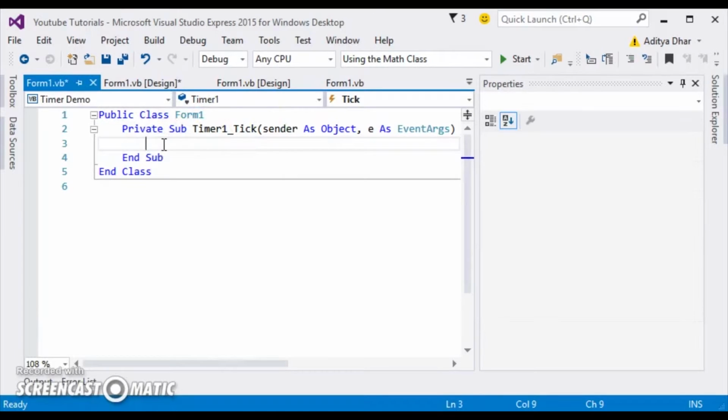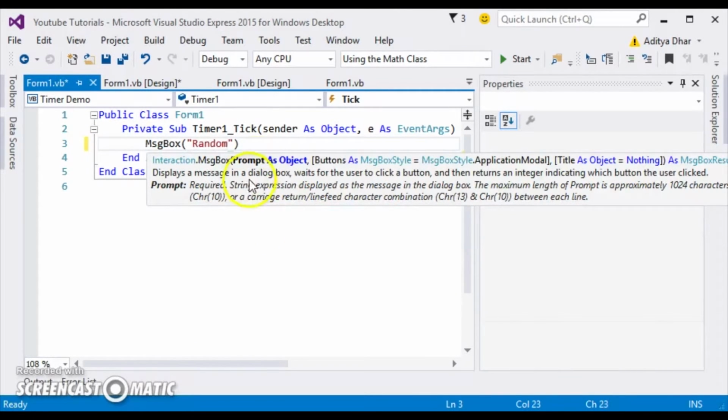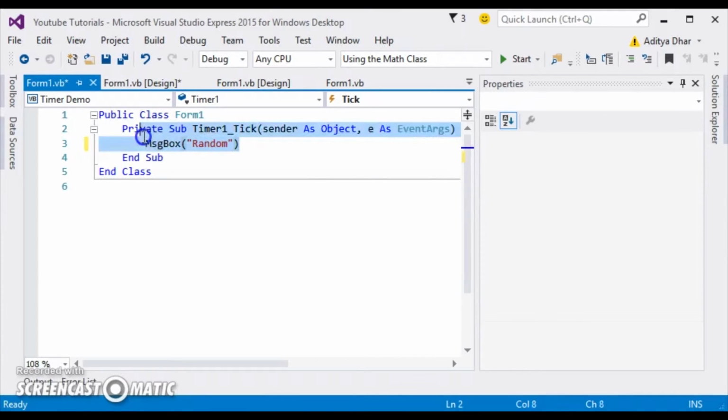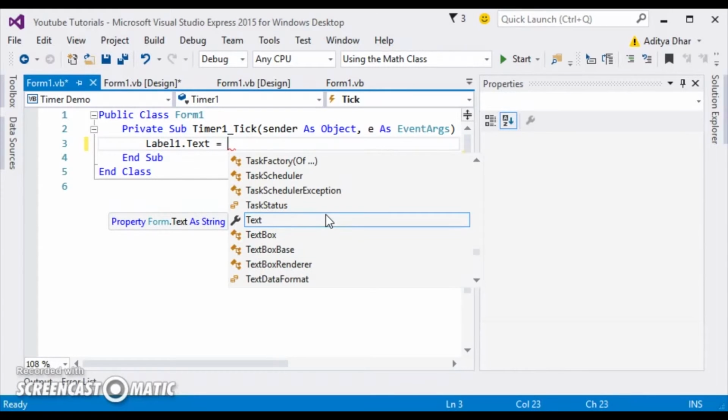So every 100 milliseconds, you're going to do absolutely nothing at this moment, but it's going to basically run this program right now. So I'm going to put in a message box. Actually, let's instead of doing this, it's going to get kind of messy with lots of message boxes coming along. I'm going to put in label 1.text is equal to